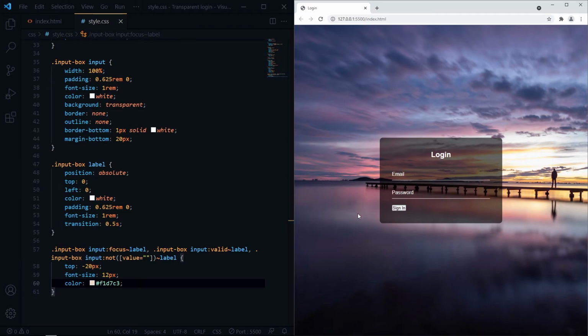And now finally for our button, we need to remove the border and outline, change the background color and font color, make it bolder, give some padding and border radius, increase the font size, and give width 100%.